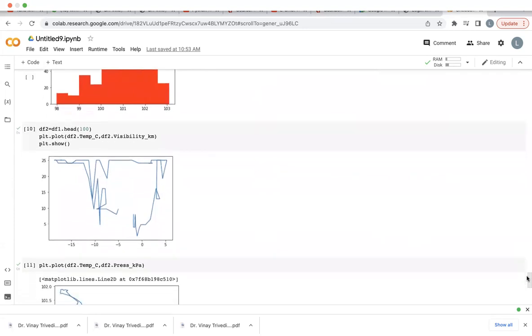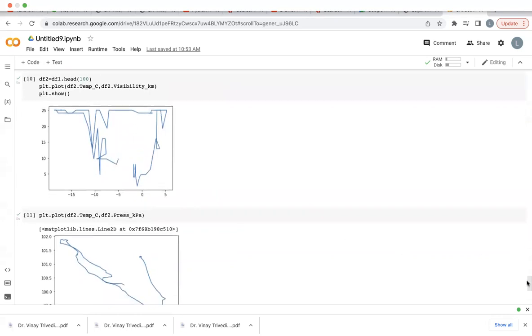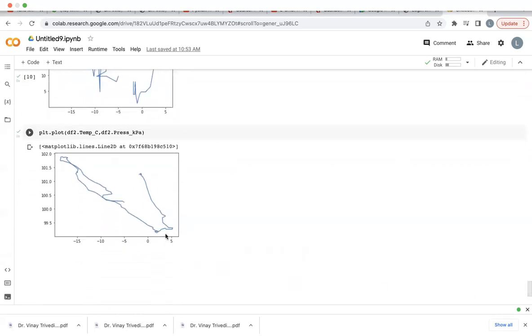Next, we have plotted a graph, similarly taking 100 records, between temperature in degrees Celsius versus visibility in kilometers. In the x-axis there is temperature in degrees Celsius, and in the y-axis there is visibility in kilometers. Similarly, in the next question we have done the x-axis as temperature in degrees Celsius versus pressure in kilopascal, and it will give me